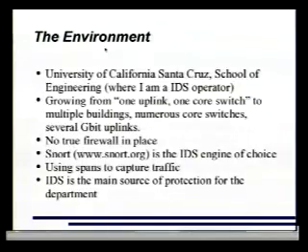For about the past 6 years, we've been a Snort shop, so if you're familiar with Snort, I will probably speak in Snortese and try to define things in that IDS language. We use spans to capture our traffic. And pretty much IDS and pretty good system administration is the main source of protection for our department.